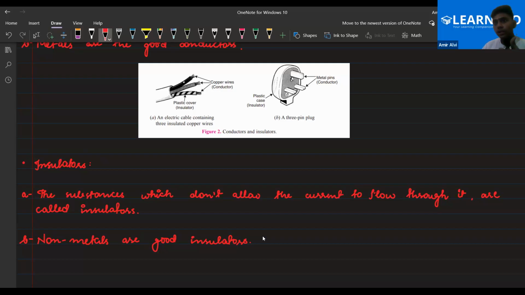In sodium, it is one electron that is free, Na plus. In magnesium, it is Mg plus two. In potassium, one electron is free, right? The configuration is 2, 8, 8, 1. The last shell has one electron. And calcium has two. Those free electrons, not the bounded electrons, are responsible for the flow of current. The loosely bounded electrons, which can leave the shell, are responsible for the generation and production of current.